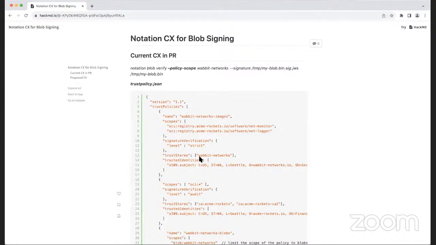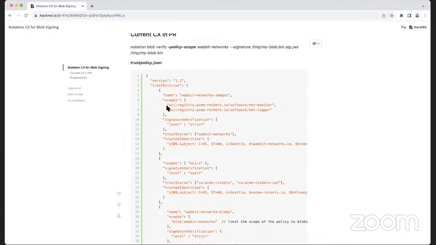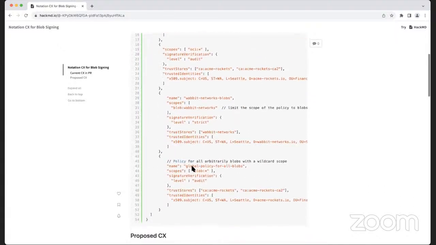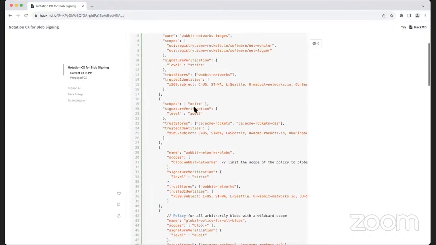And what we did in the iteration, which is in the PR right now, is we generalized the registry scopes to scopes, and it can have registry prefixes. We have this OCI colon kind of qualifier to say this is OCI type, and then for blobs, we have a blob colon.